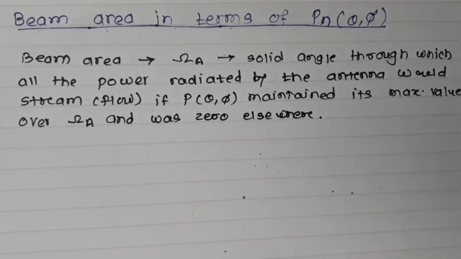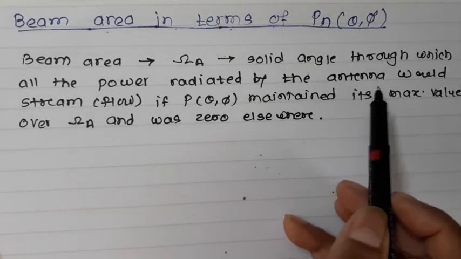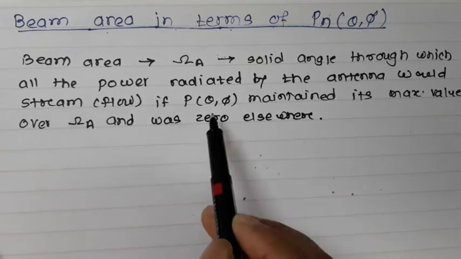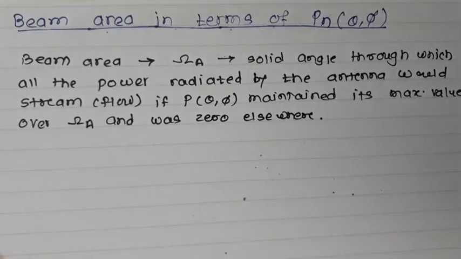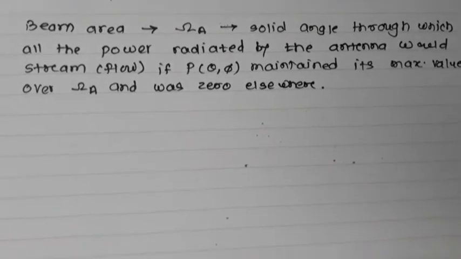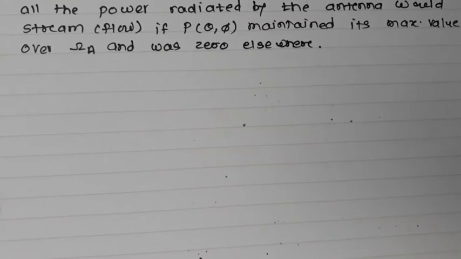So the beam area is the solid angle through which all the power radiated by the antenna would flow if the power maintains its maximum value over ohm A and was zero elsewhere. So this is the definition in terms of the